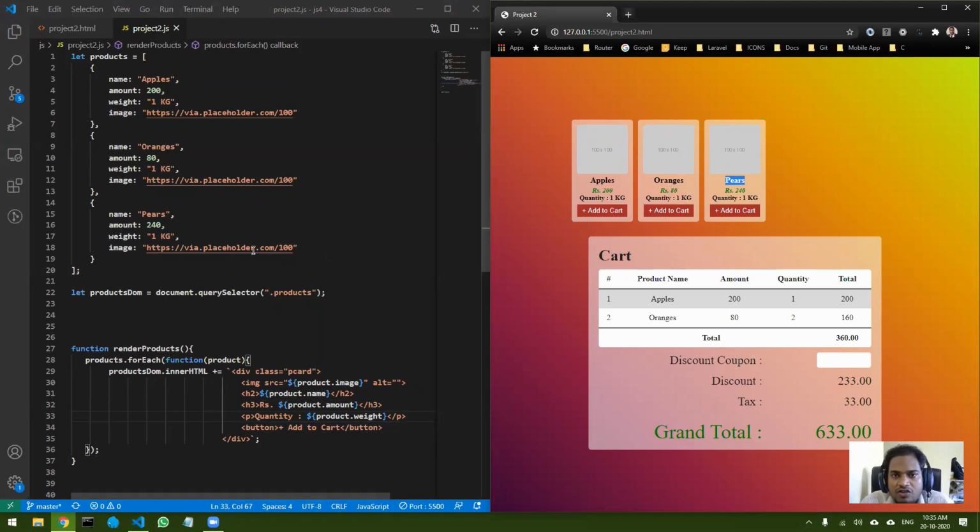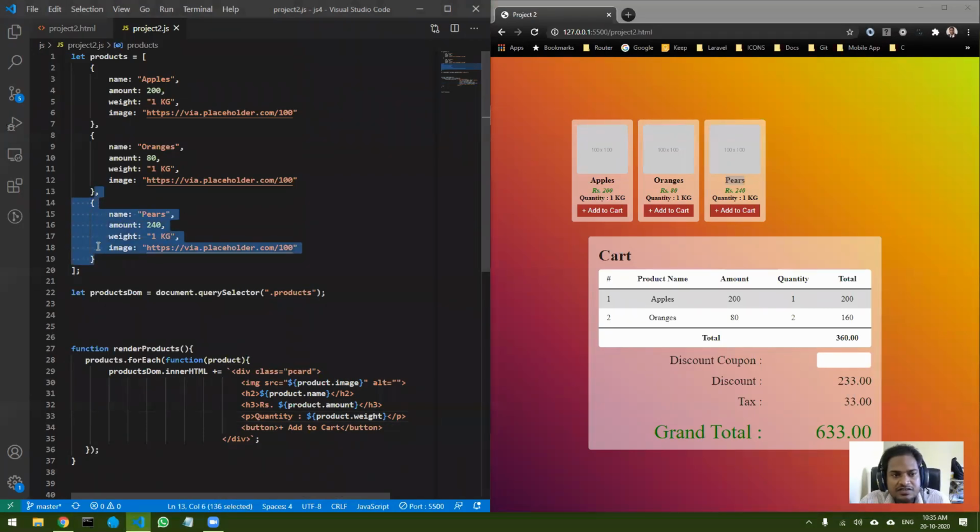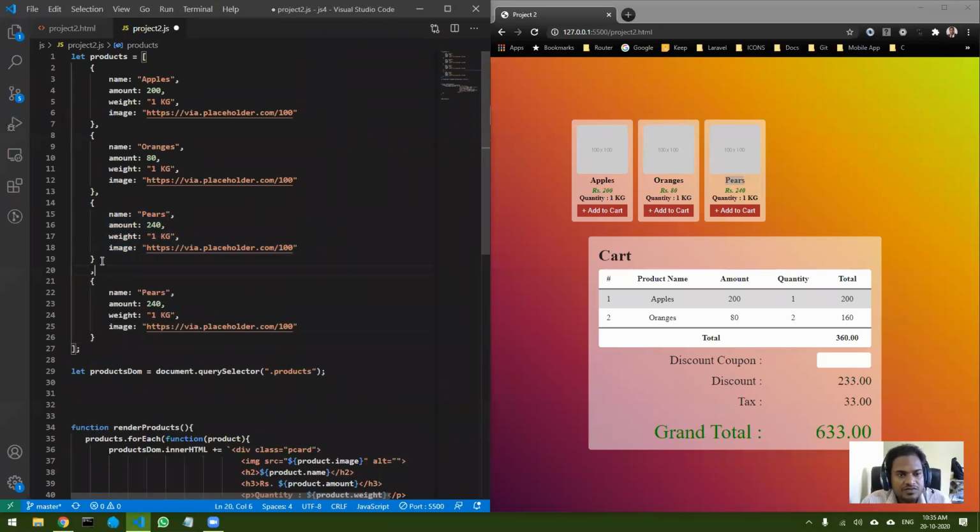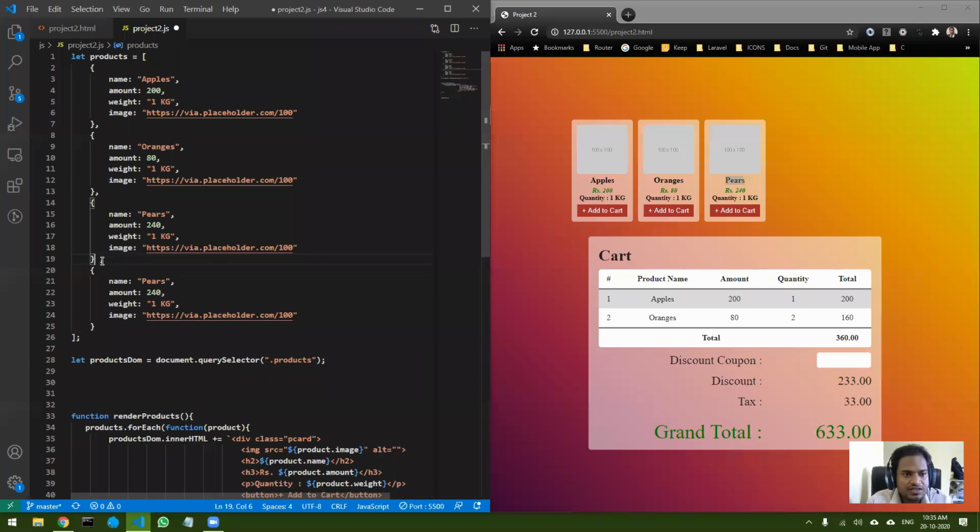Now look at the advantage of putting this inside the variable. If I duplicate this, I can add another item.